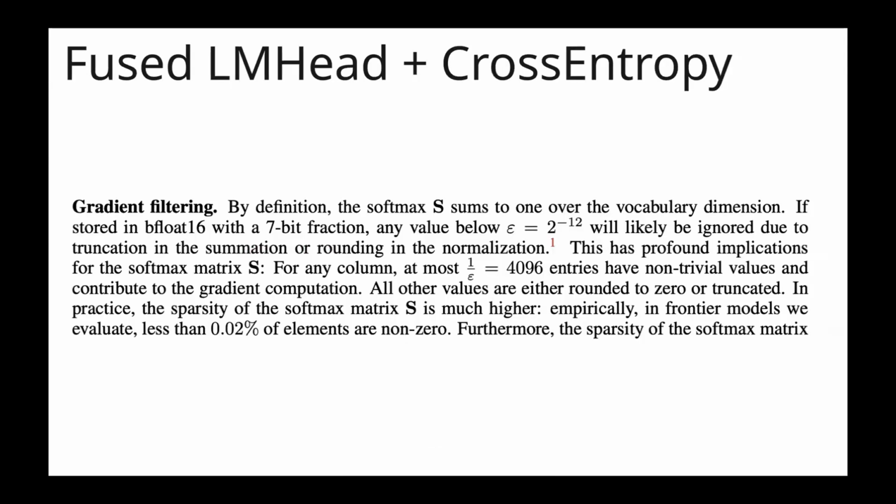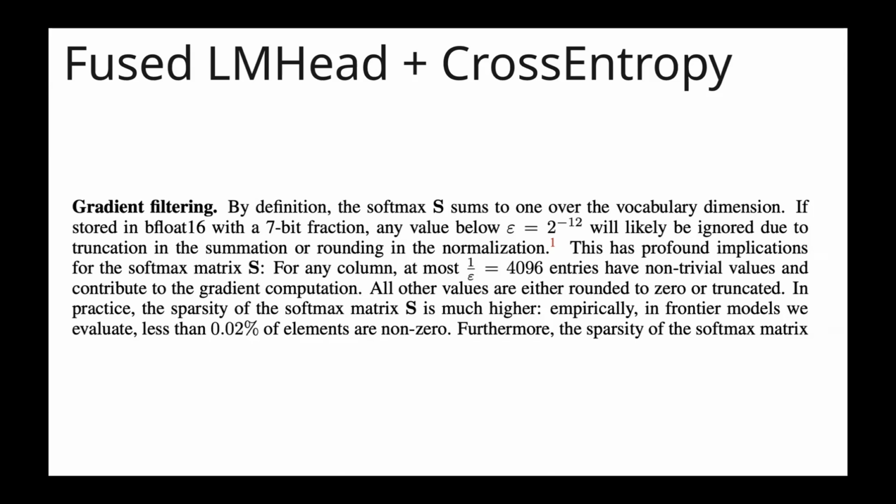Yeah, so getting back to this optimization of fusing LM-Hat and cross entropy. The authors note that most of the models nowadays are trained in bfloat16. But the problem is that the vocabulary size for the models is relatively huge. It could range from, for example, 50 or 60,000 for some models to 256,000 for Gemma models. And because we are using bfloat16, it has only a 6-bit fraction devoted to representing the values